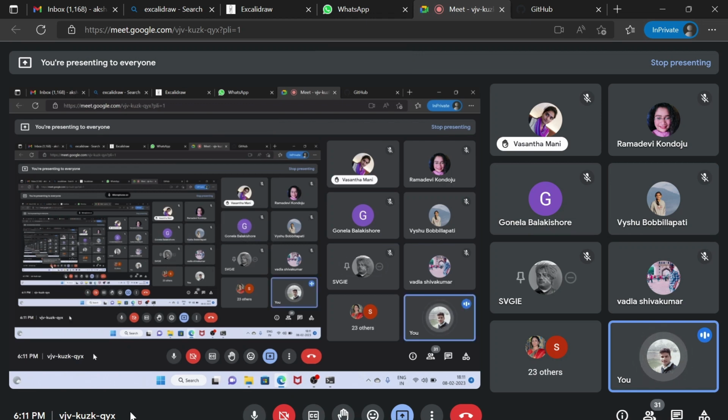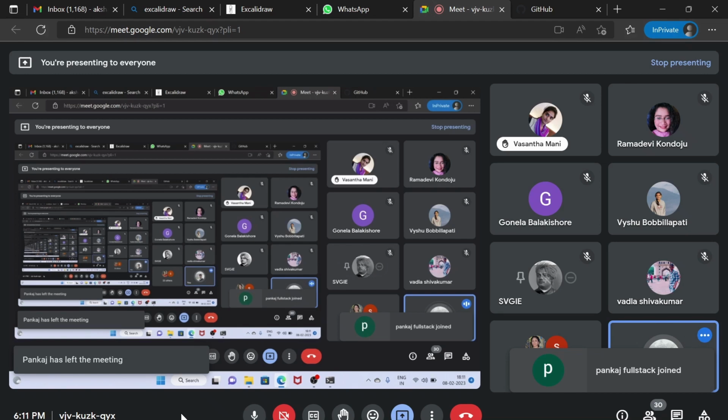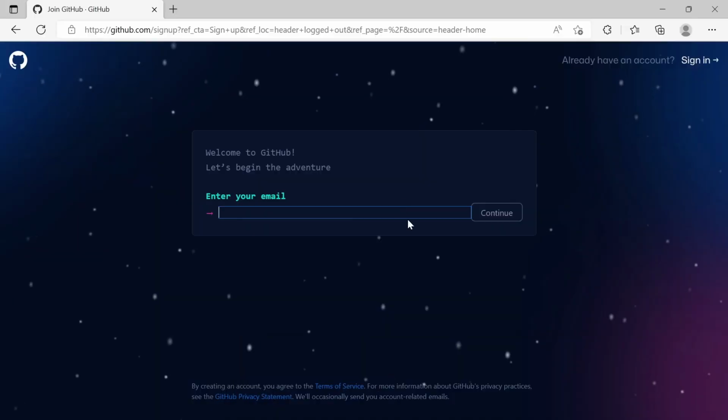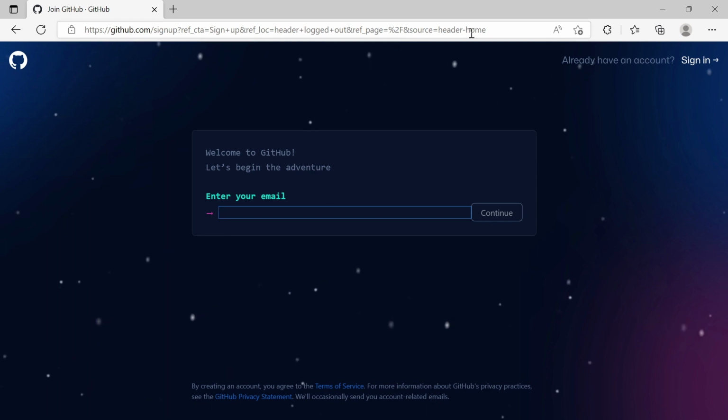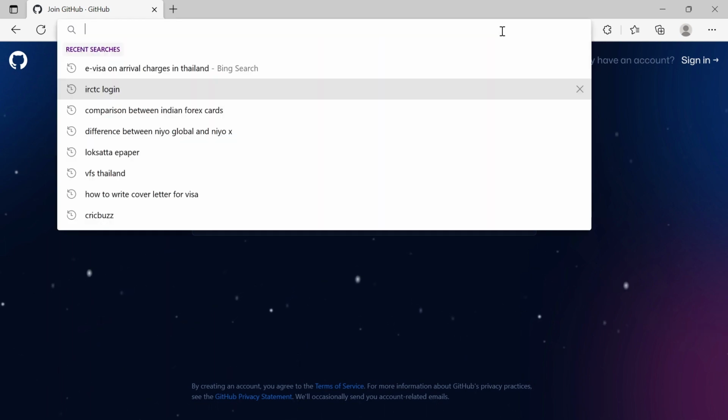Today we will first discuss the GitHub sign up process, which is very easy. I will just walk you through that sign up process. So whenever you come to the home page of GitHub,